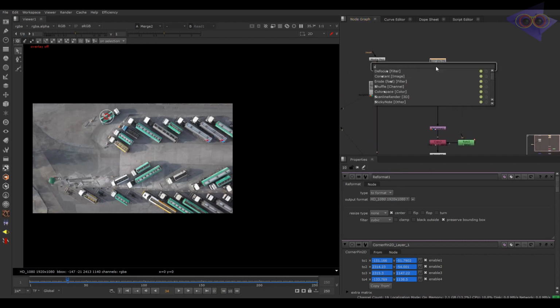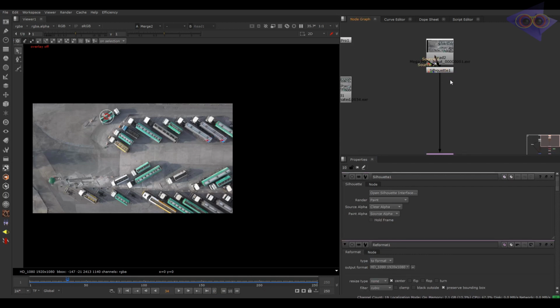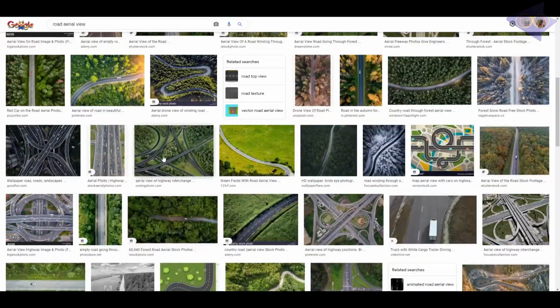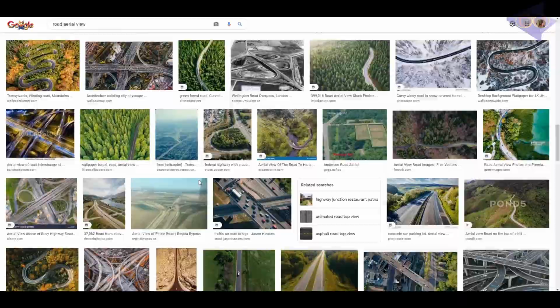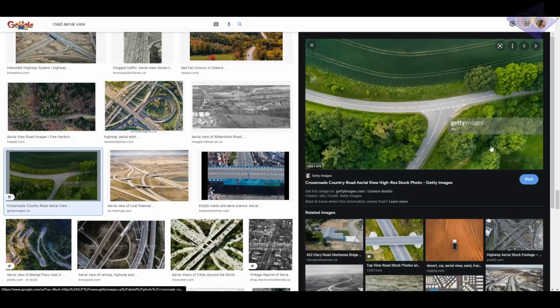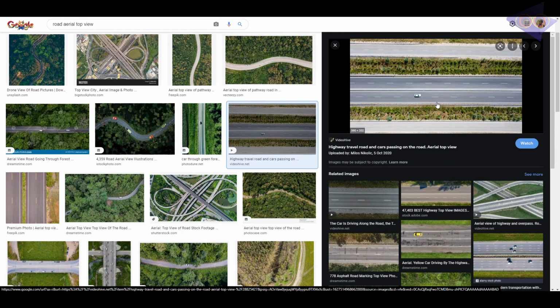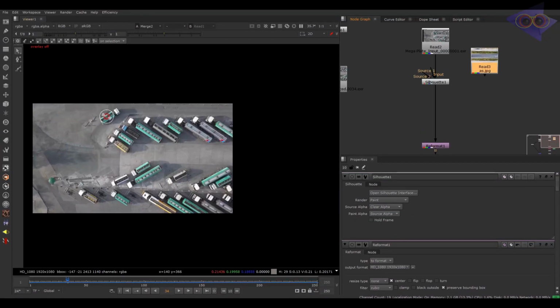Let's create a proper clean plate. Taking the Silhouette OFX version inside Nuke, pretty handy tool, right? I'm also taking a road and connecting a source or reference. Let's search in Google. Okay, this looks good and fits our shot. Here we have that image. Connecting the source pipe into this. Make sure we connected correctly.